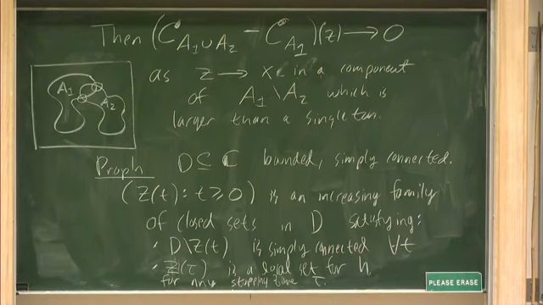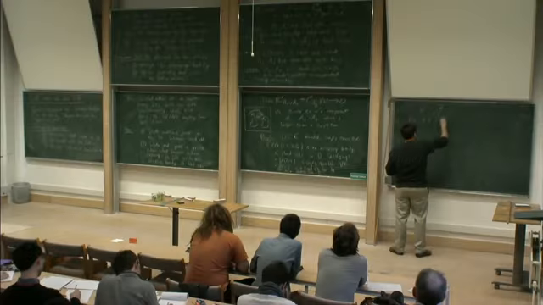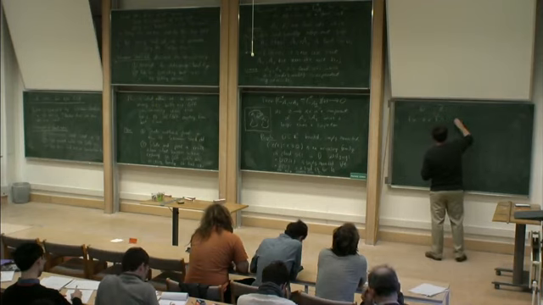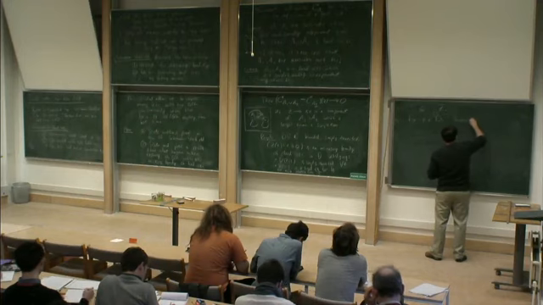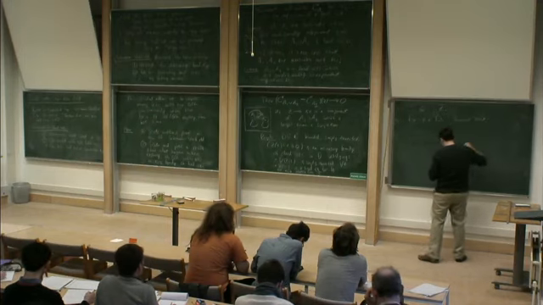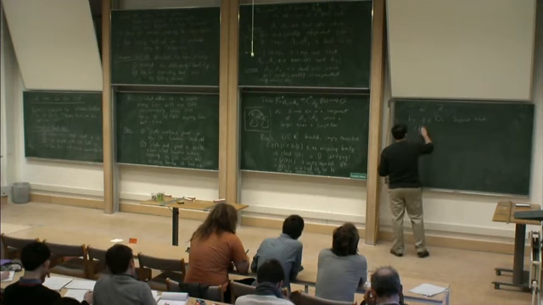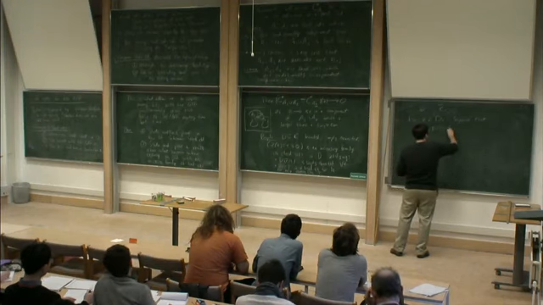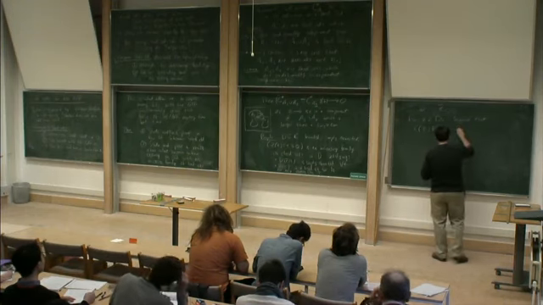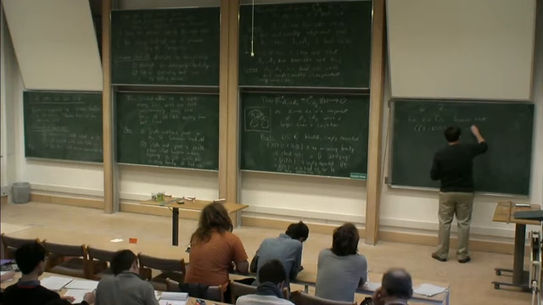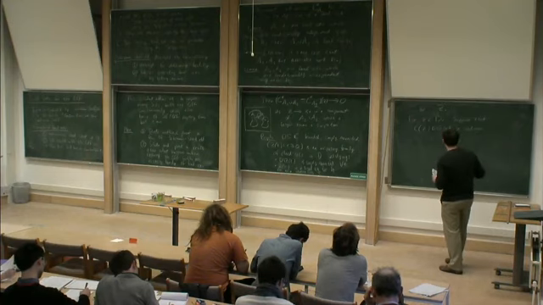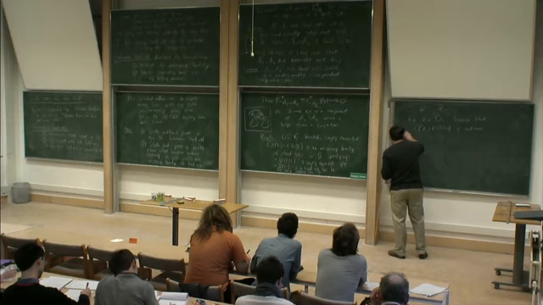Okay, and then I'm going to fix a point in my domain D, and I'm going to make one more hypothesis: I'm going to suppose that the conformal radius of my point inside of the domain is continuous. Okay, so my set's not going to have any jumps. Then the statement is that